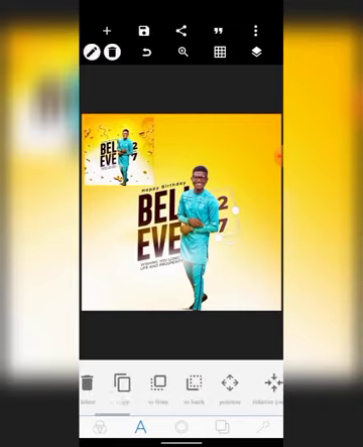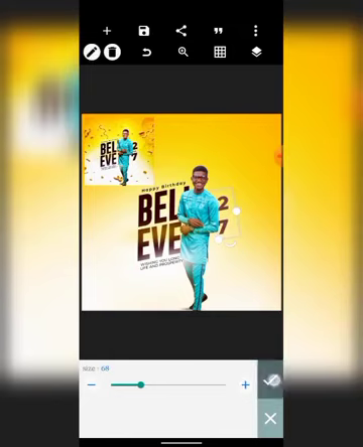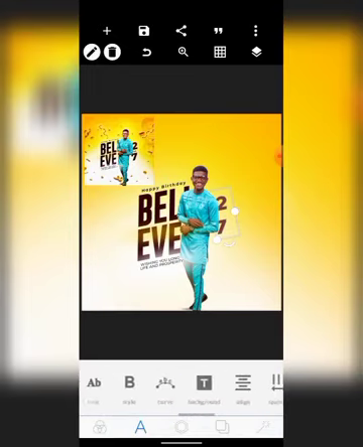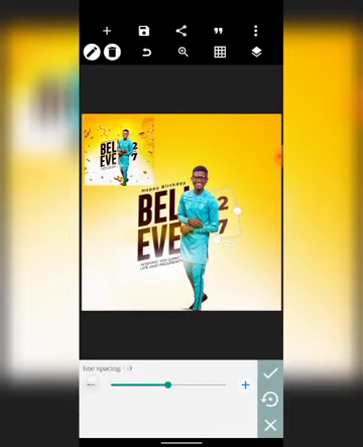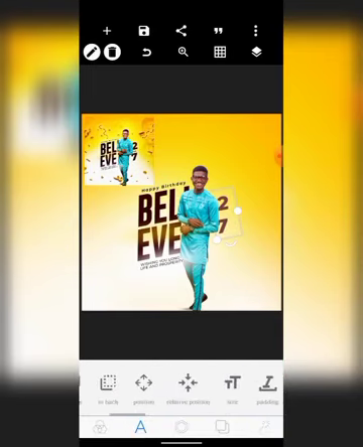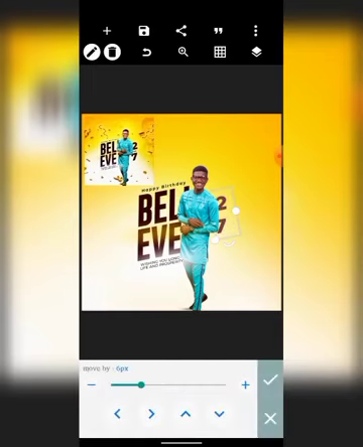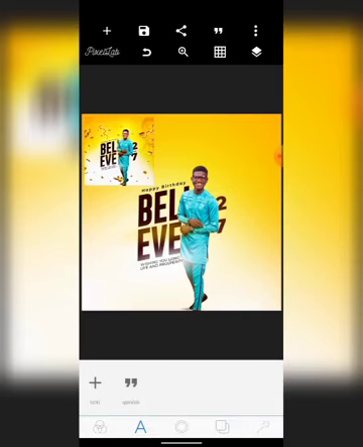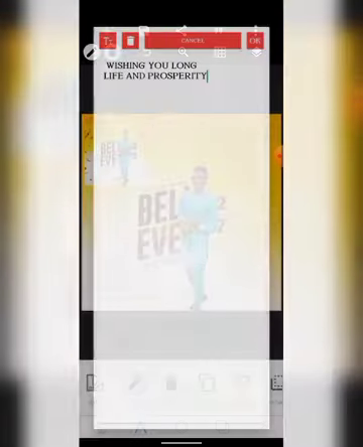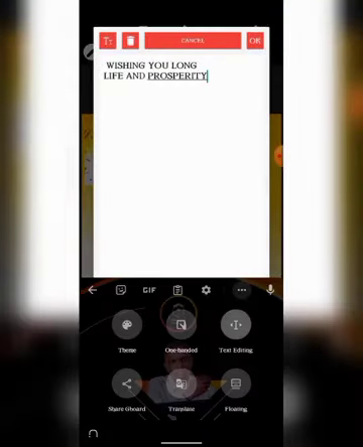Alright, and increase the size and take it up a little, just a little, let's say 3, and inside. Right, then let's just copy this text and just write, let me just clean this at once